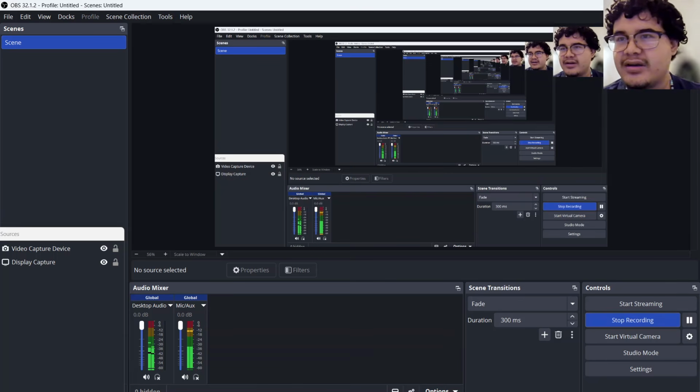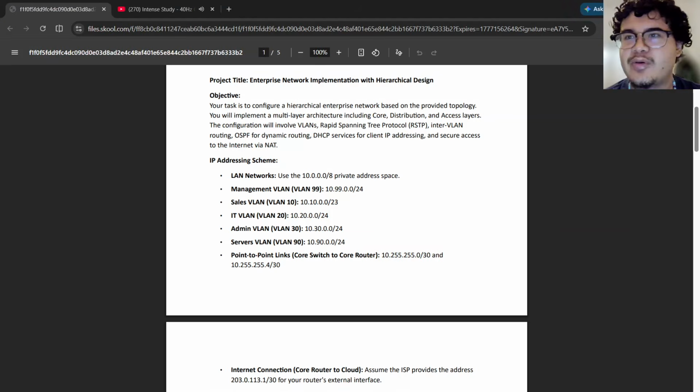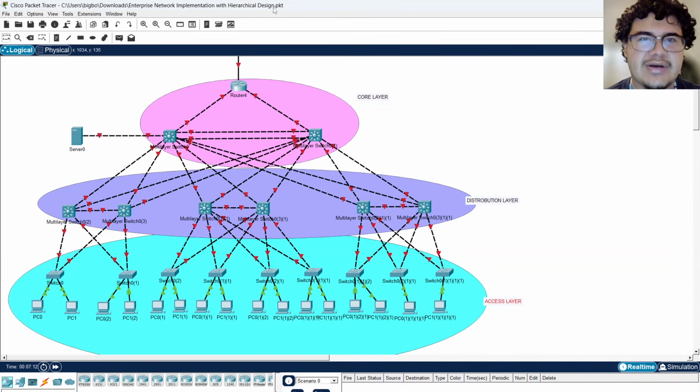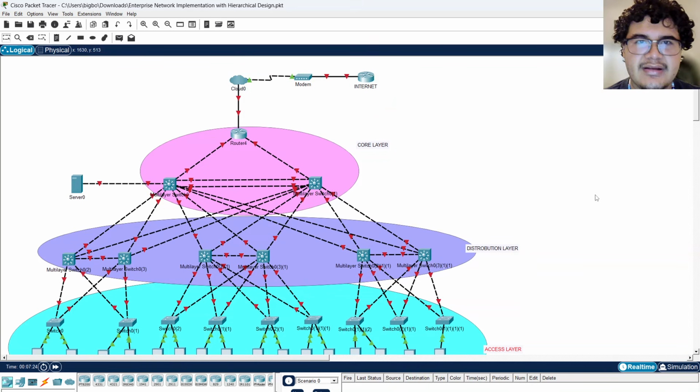Today we won't be troubleshooting, but we will be configuring this topology right here, this enterprise network implementation with a hierarchical design. So this is the core layer, the distribution layer, and the access layer. We'll configure everything from scratch. As you can see, everything is down. And then let's actually